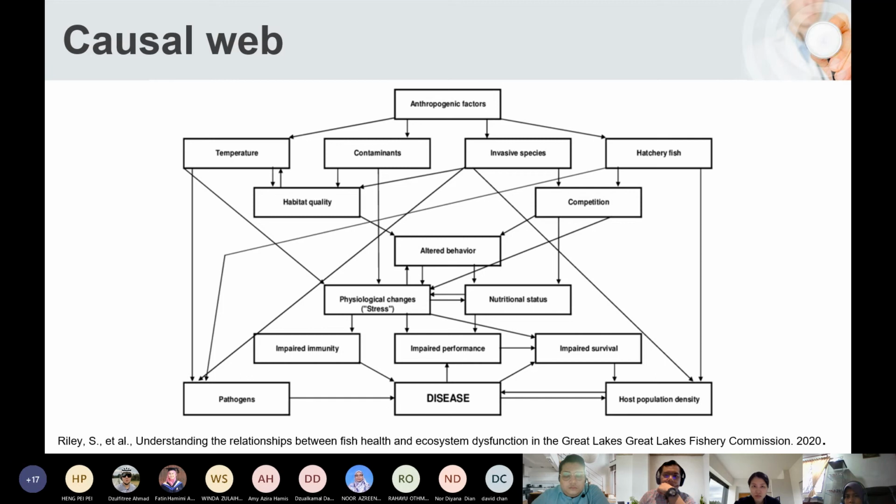Ada ni direct, ni mediating lagi, and the disease pergi ke sini lah pula. So all this, when you develop this, every arrow must be supported by your reading. Jangan buat sendiri je, must be supported. Okay, any questions so far kat sini? Okay, ni contoh, this is what we develop lah, called conceptual framework.